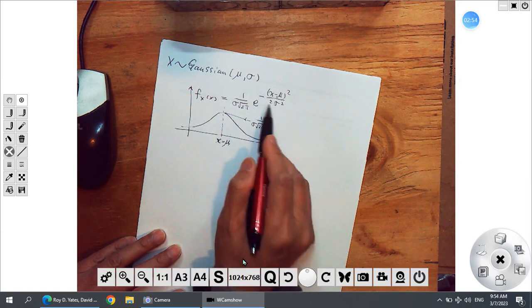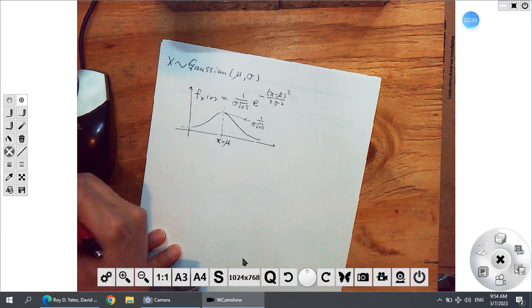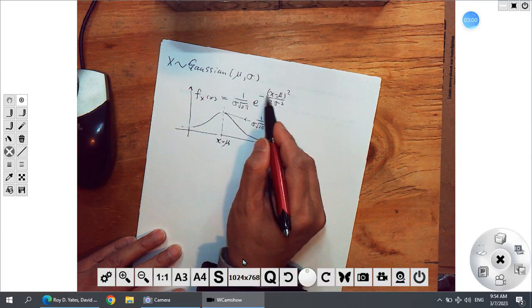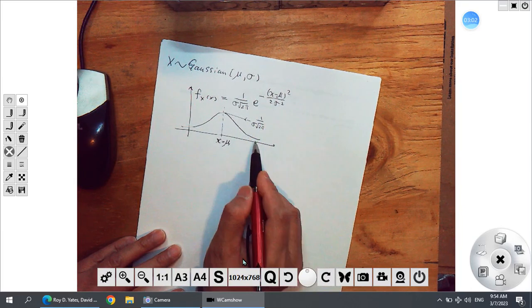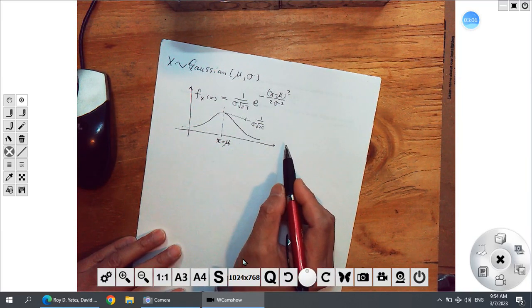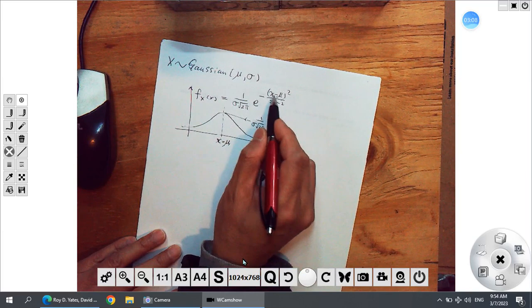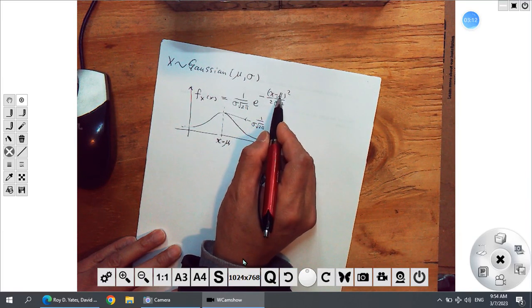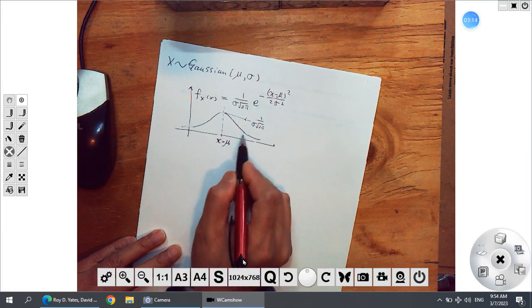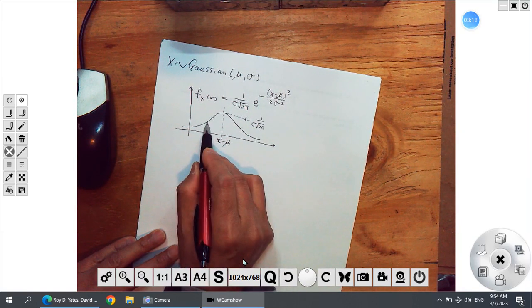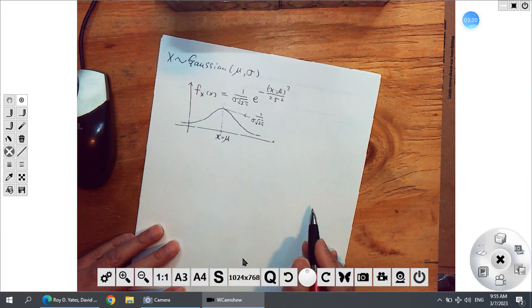When x goes to infinity or negative infinity, this power goes to infinity, so e to the negative infinity is 0. So both sides the limit is 0, and it's symmetric because this is a square, (x minus mu) squared. So x larger than mu and smaller than mu, these two parts are symmetric. Yeah. So this is the PDF